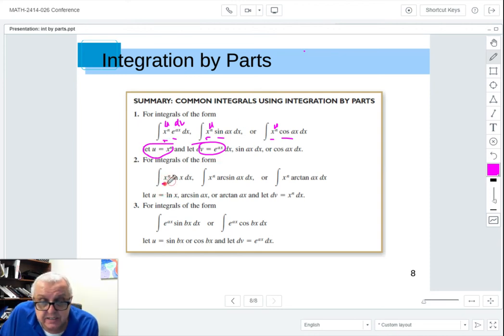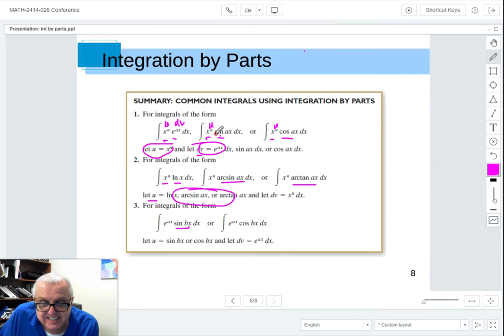Same way with here, x to the n, ln x, arc sine, and arc tangent. It's easier to make the arc sine, arc tangent, and the ln the u part, is what they're saying. If you just have sine, cosine, or e, it's easier to have those parts dv. And then here's another one. Once again, if you have e,